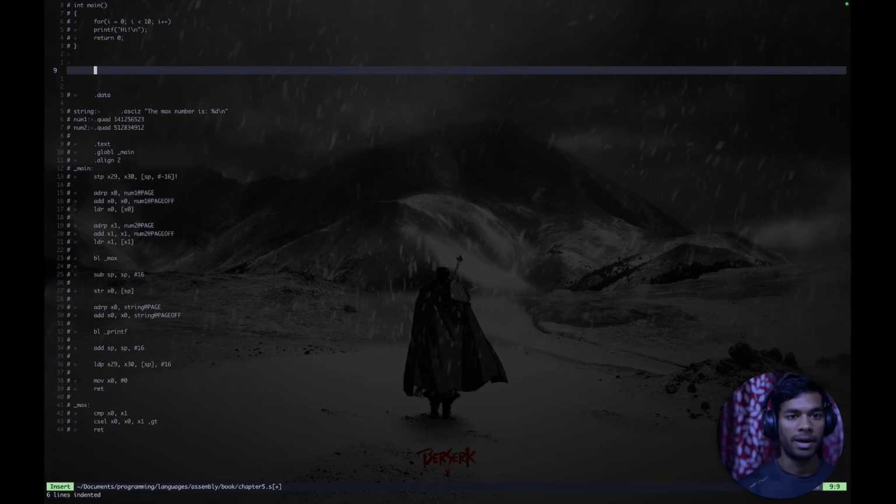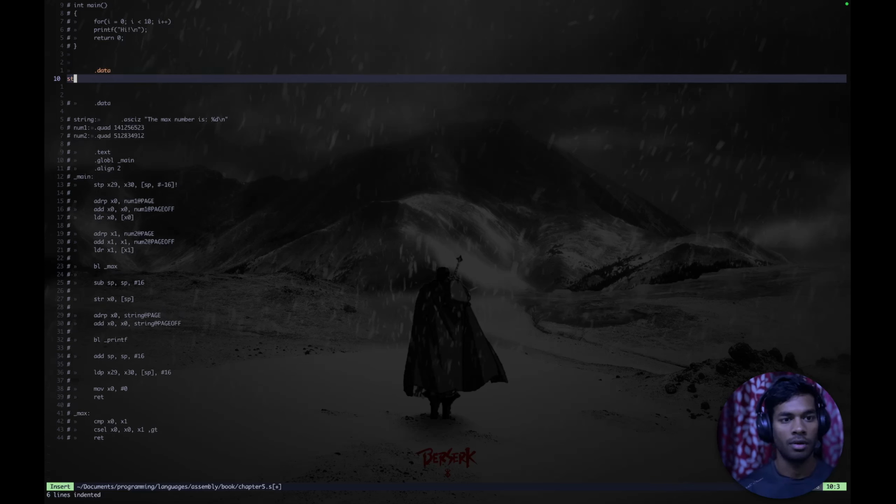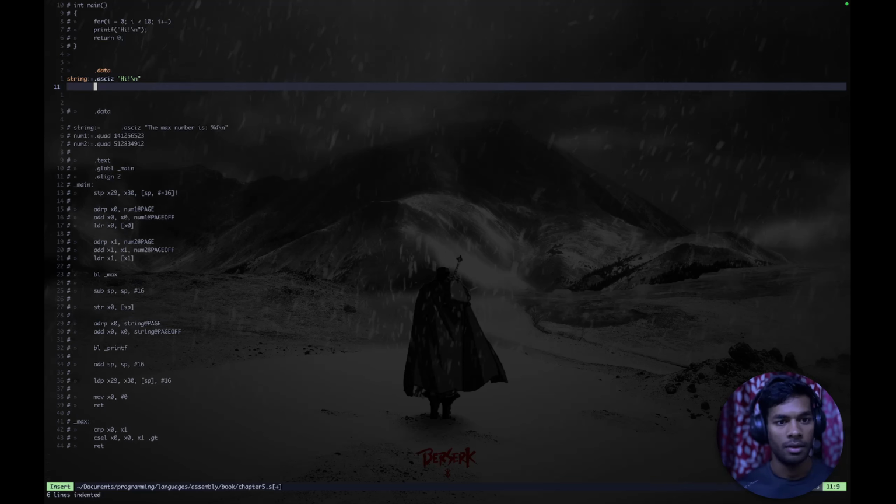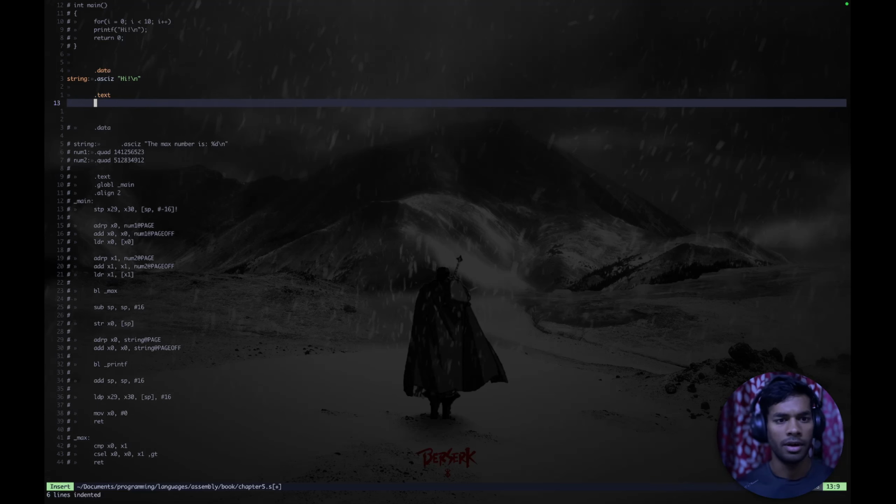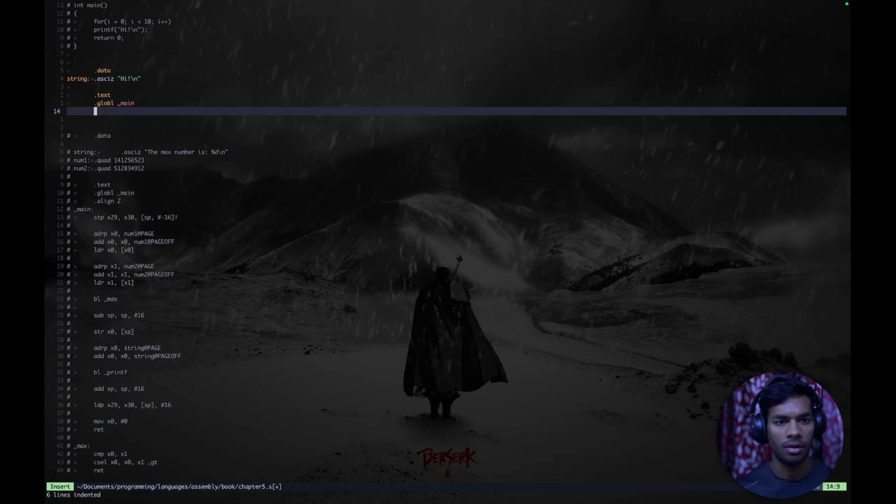I want to print a string called hi. So I will need a string in the .data section that would store in the ASCII format the letters for hi, and then in the .text section I say that I have a thing called main that is